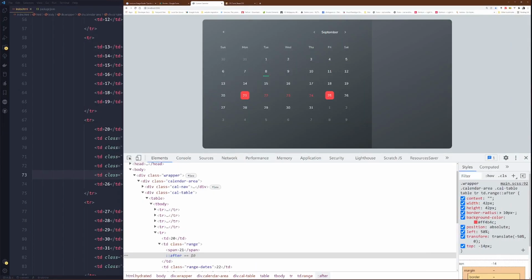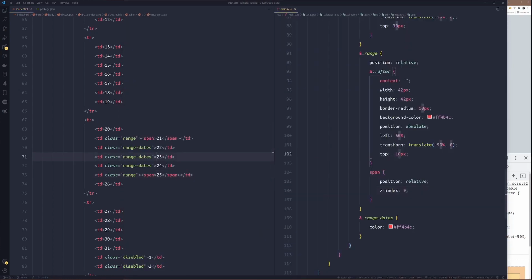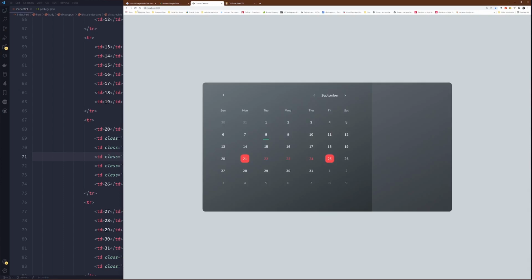Even the border radius, we'll make it a bit smaller, 12. So we change this top now to minus 14 pixels, while the border radius now we change to 12. Okay. Minus 14, then 12. Alright.